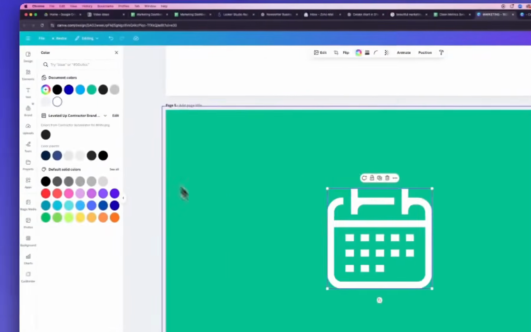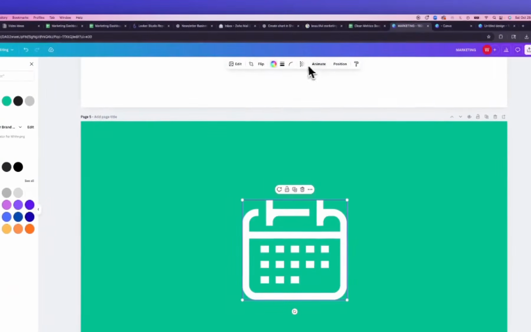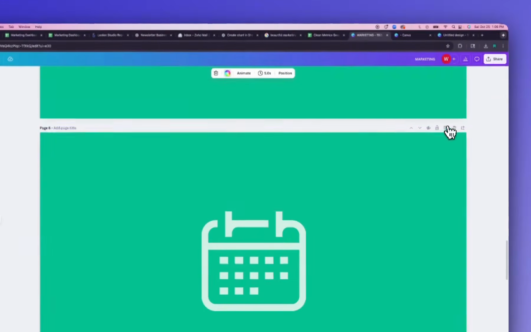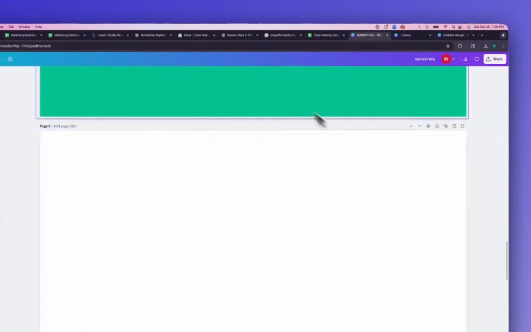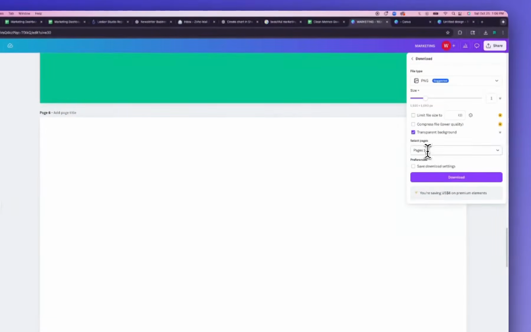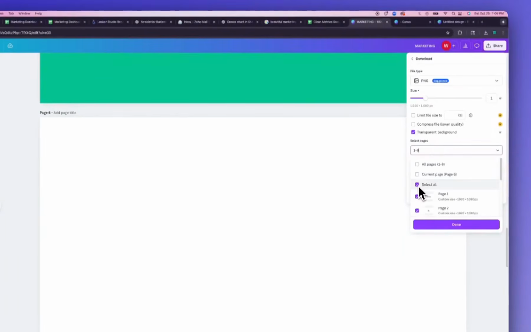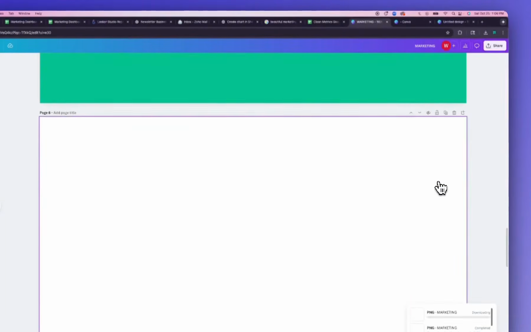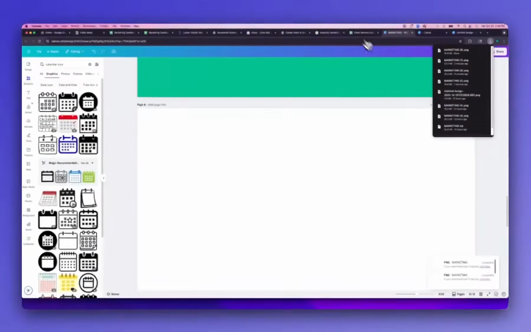Let's make it white. Change that transparency to 75. Clone this. Get rid of the green. Share. Download. Transparent background. Current page. Done. And guys, I know this is a lot of work, but this is how you make your